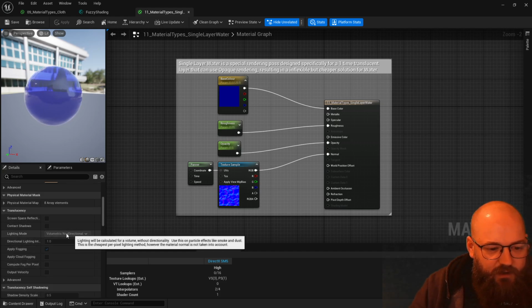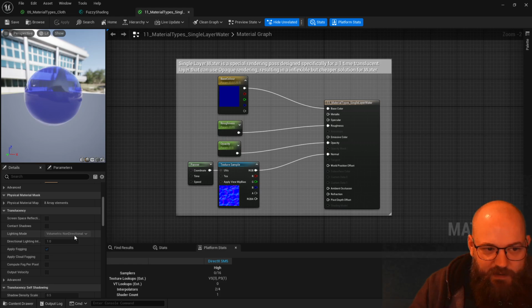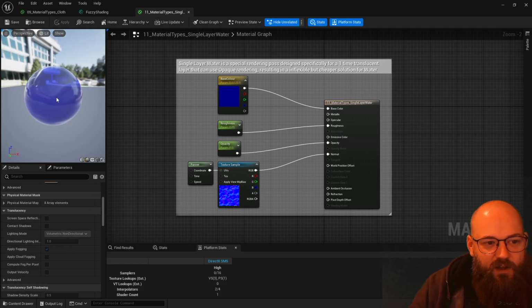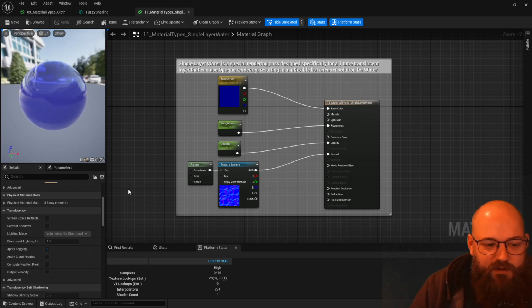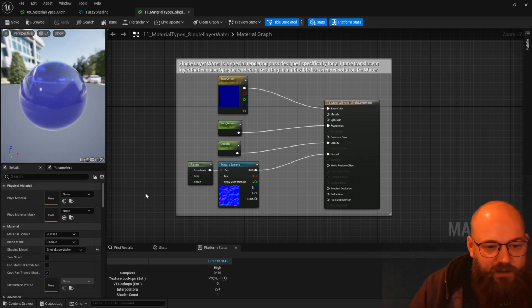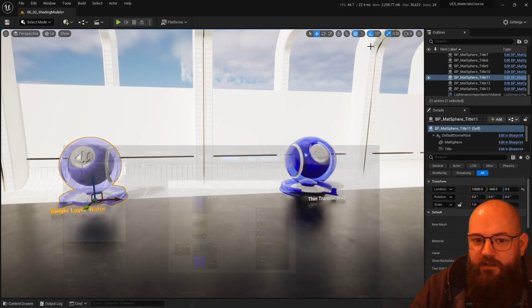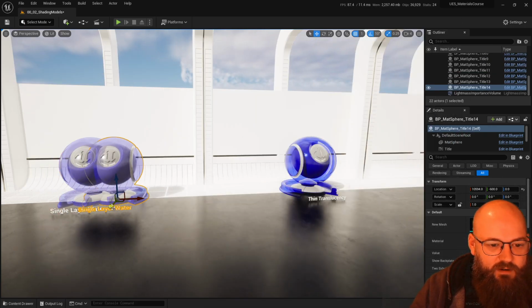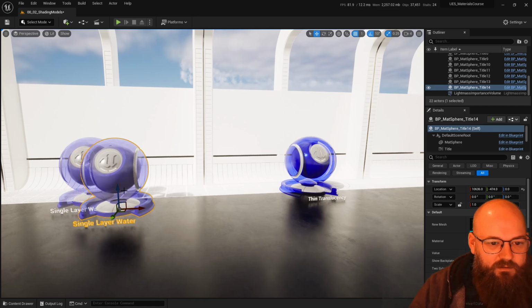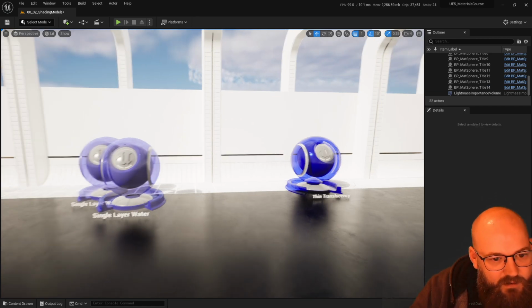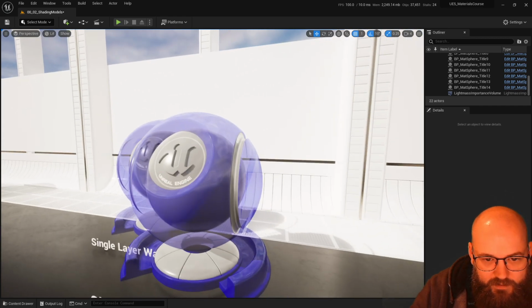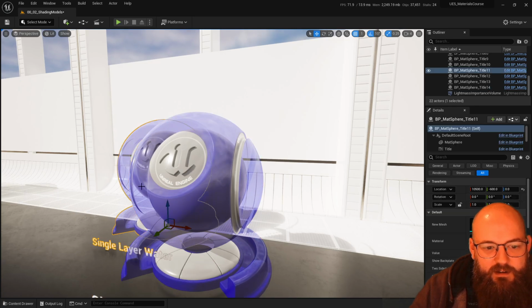Obviously changing it to surface translucency volume was an expensive way to do this. This is a more optimal version of that, or a cheaper version of that. Basically, it won't layer the translucency, so it will render the scene and then it will render the water and then composite the two, but it won't layer multiple layers of water on top of each other. And if we just duplicate that and bring it forwards, you can see how we should be able to see the back or the sphere behind, because this is translucent, but we can't because it's only rendering a single layer